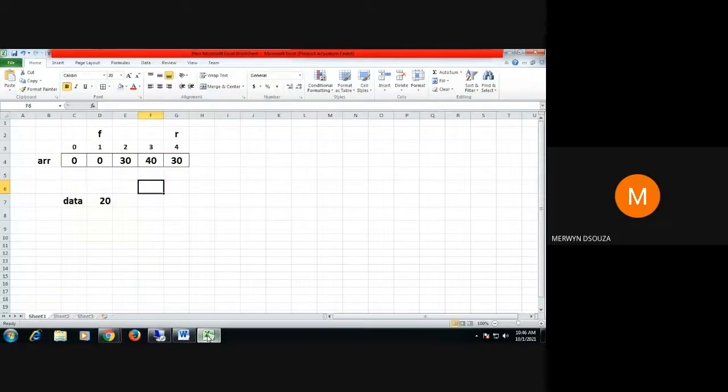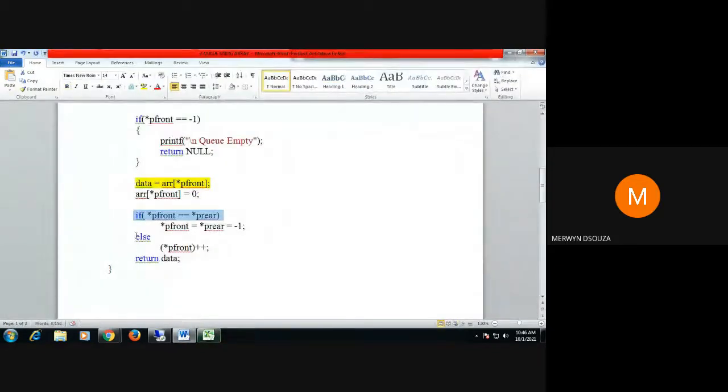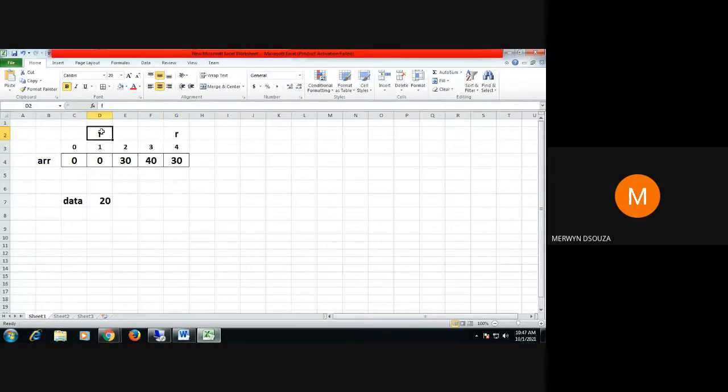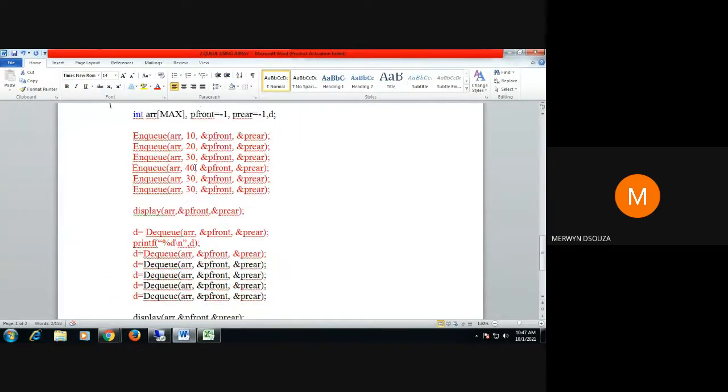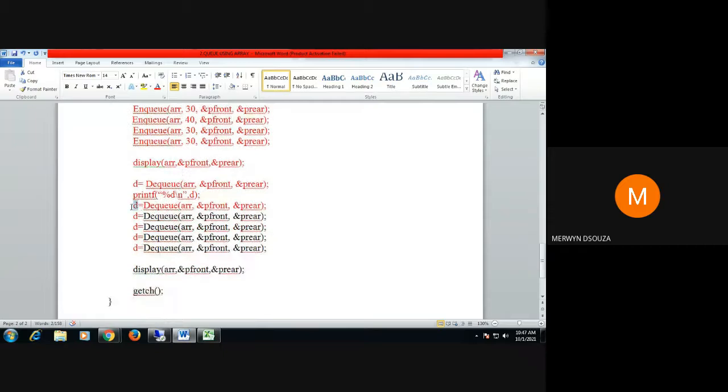You can see in the diagram the value of front and rear is not equal, so I go to the else part. In the else part, I increase the value of front, so front goes from 1 to 2. Like this, I keep deleting the data. I return this data to the main function, where it is received in this d, and then I can print it using a printf statement.